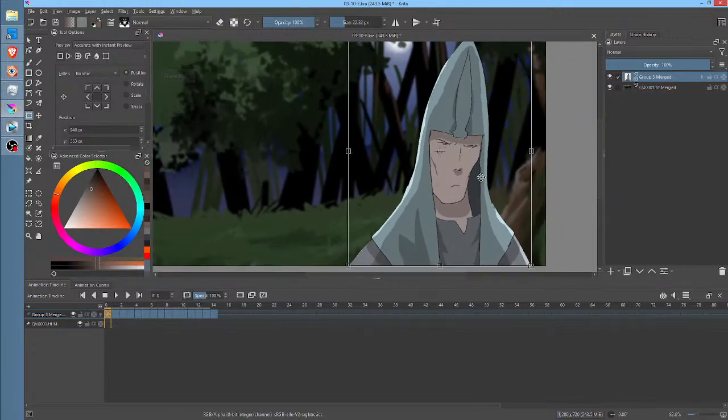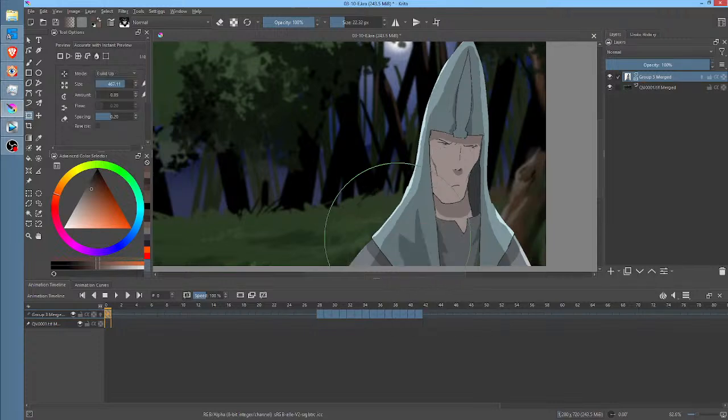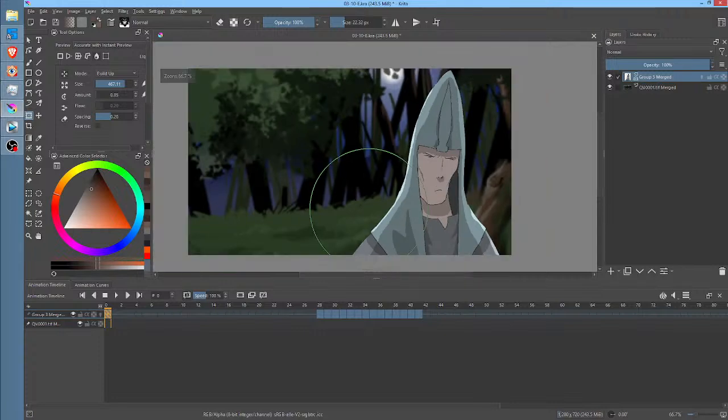So it's a sulky thing. And the way we could actually use liquefy here would be something like this. Let's go here and push this up a bit.